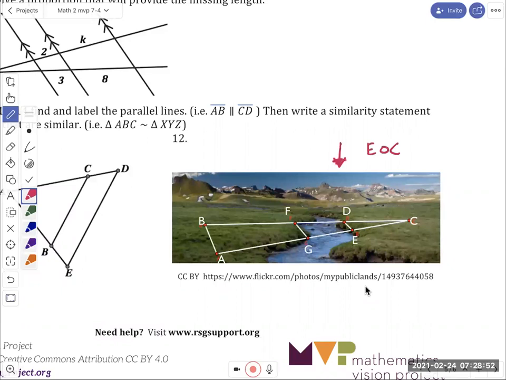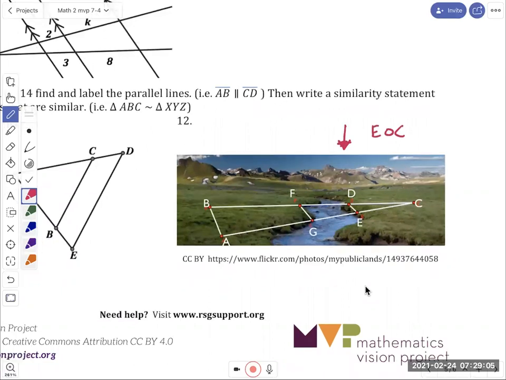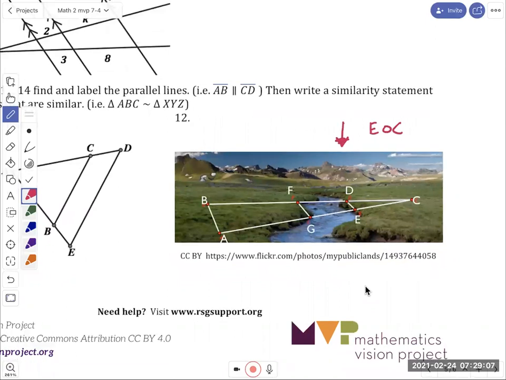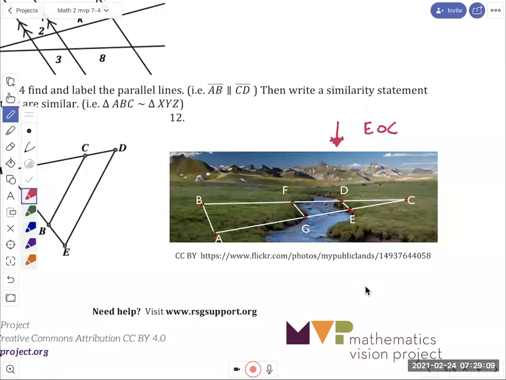So we say, okay, we've got these similar triangles created by, and so what we want to do then is try and figure out how far it is across, what if we wanted to cross here? Could we figure that out? And we can't measure that, right? We're sitting on one side or the other. So let's say that you're,